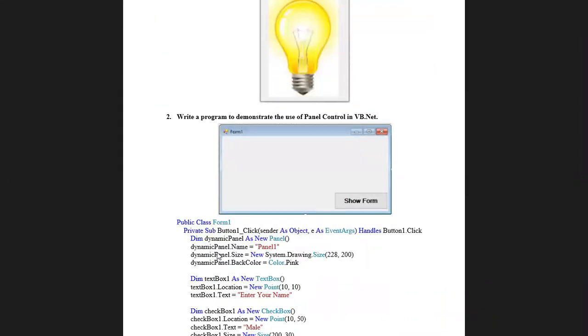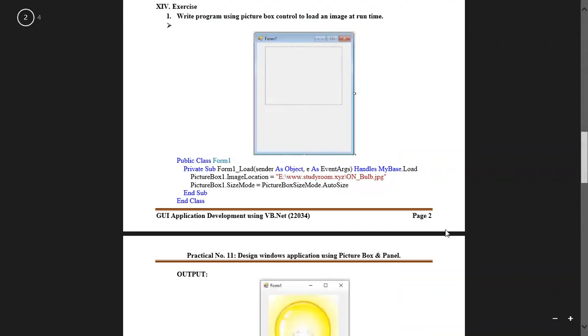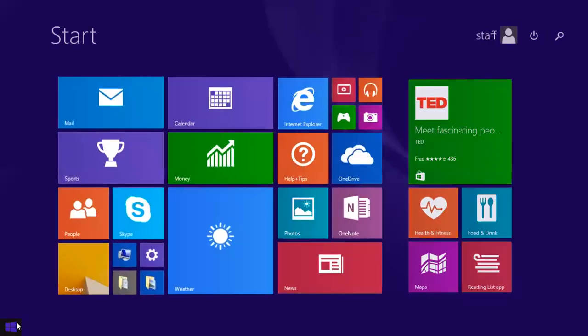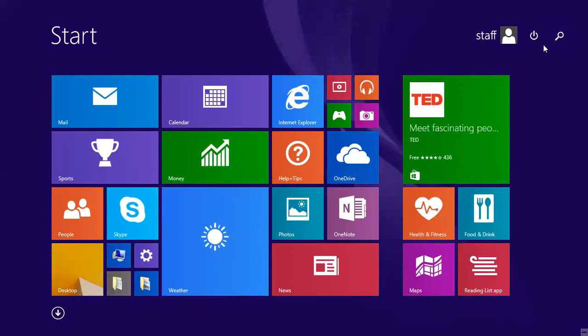We will be using a panel control. Okay, so the practical which we are going to study now is design Windows application using picture box and panel. So both these two tools we will be studying in practical number 11. Okay, so first we will see the example of picture box. For that I will open my Visual Studio.